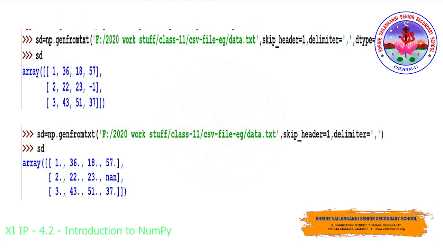Yes, a few more examples they have given for this genfromtxt. Here, if you see, the data type I have provided as int, so there will be no precision points. And again, if you see over here, I have not provided the data type, so it has been displayed with the precision points, and in the place of missing values, NaN has been displayed, which is not a number. Clear? So this is how it works.